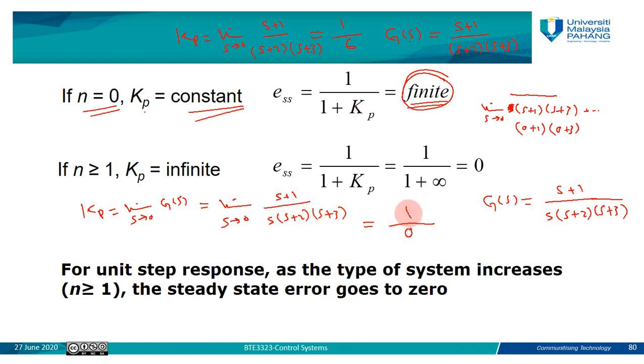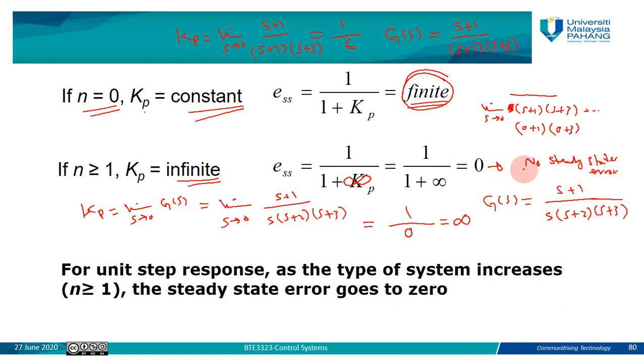So what you have, the value of Kp in this case equals 1 over 0, or 100 over 0, or 1000 over 0, it will all give you infinity. So the value of Kp will be an infinite number. If the value of Kp is an infinite number, you substitute here, so it becomes 1 over infinity, which equals 0. So 0, that means no error, no steady state error,